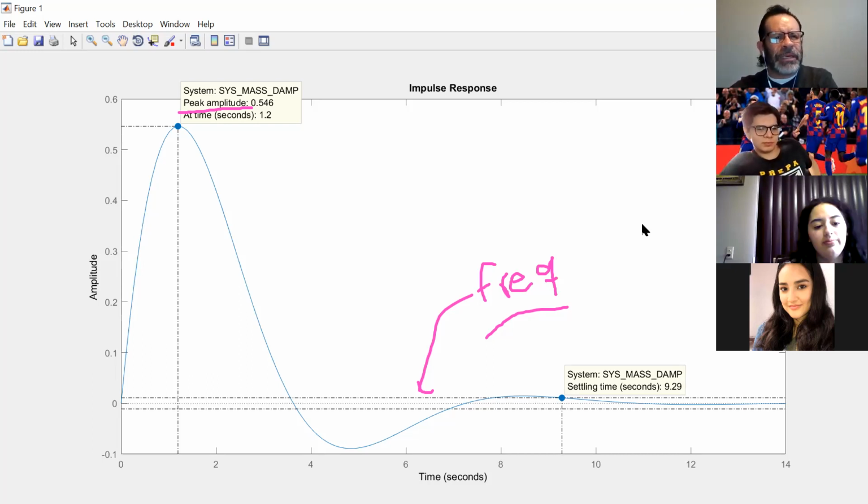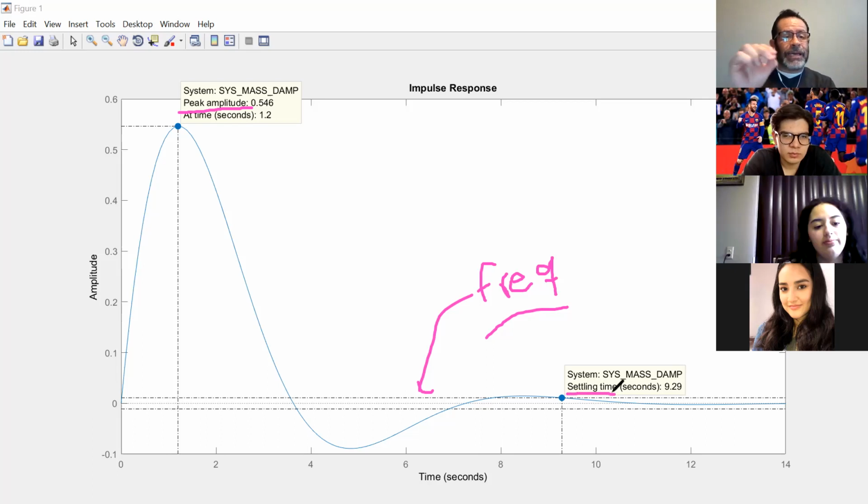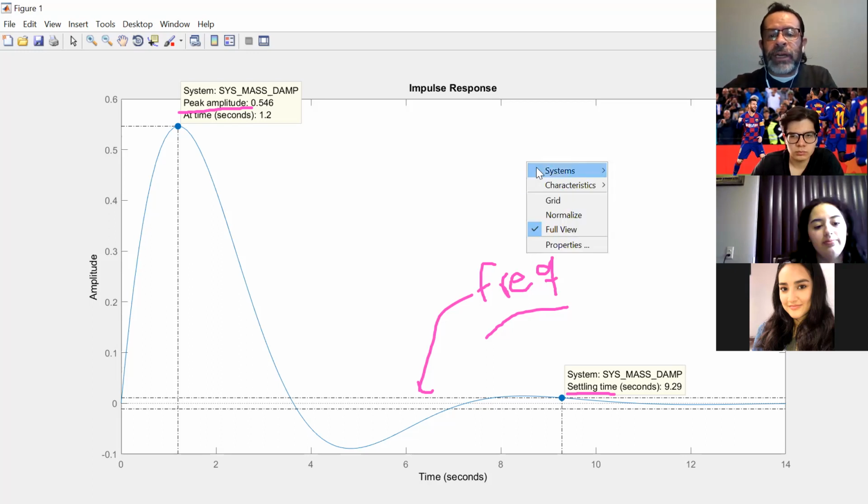So why is MATLAB telling me that that is the settling time? Well, because in control systems terminology, the settling time is defined as the time it takes the system to stabilize within a certain range. So I'm going to repeat that. We're going to formally give these definitions, but you guys better be taking note. The settling time is the time it takes for the system to reach a stable state within a certain range. And for example, if I go over here to properties,